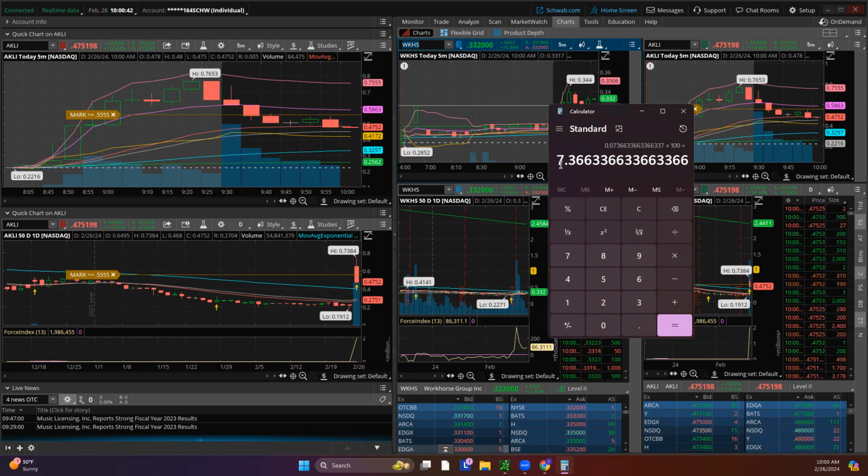What does that mean? Everyone starts at different levels. If you're using $100, this would mean you're up 73 cents. What am I talking about? This is why I use the calculator. I've always been good at math, but in the morning, sometimes my brain is running a little slow. If you're using $100, 7.3% means you are up